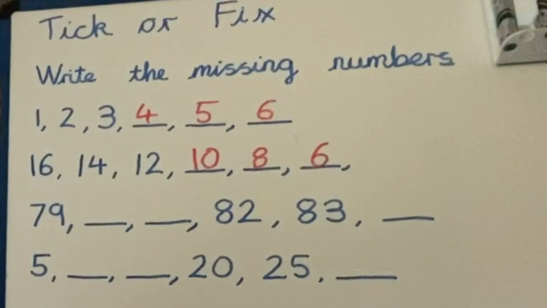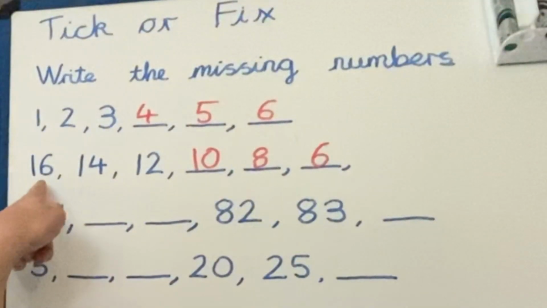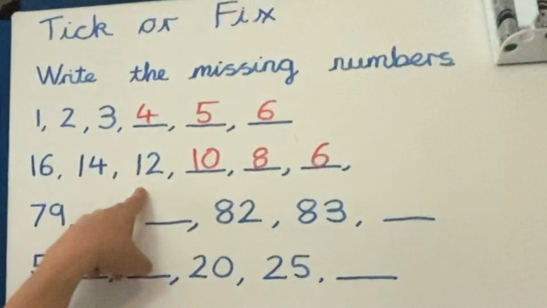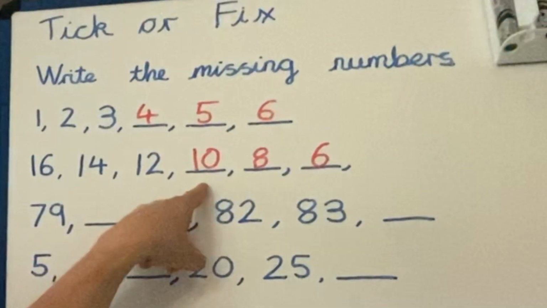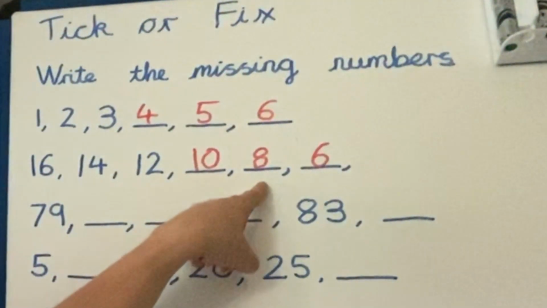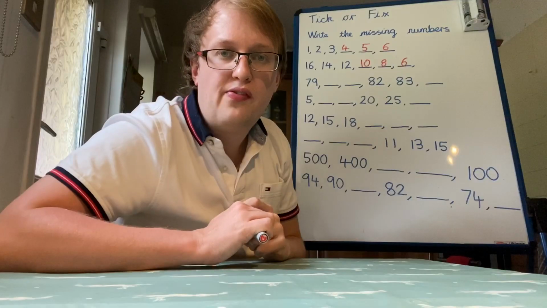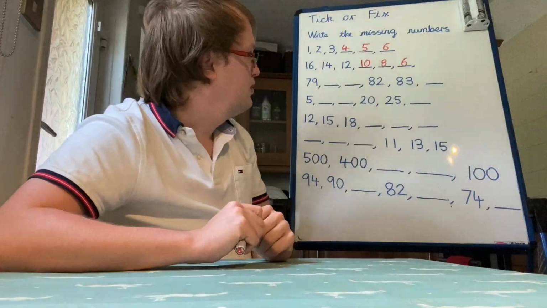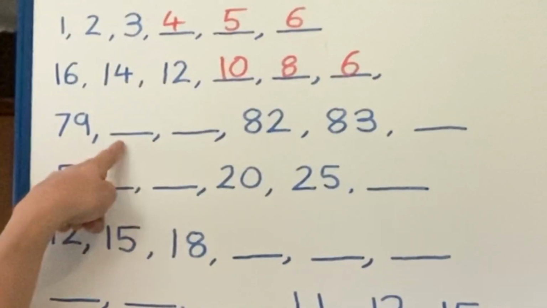And step 5, let's just check that answer. So 16 take away 2 is 14, 14 take away 2 is 12, 12 take away 2 is 10, 10 take away 2 is 8, and 8 take away 2 is 6. That looks good to me. Now our next question. 79, missing number,